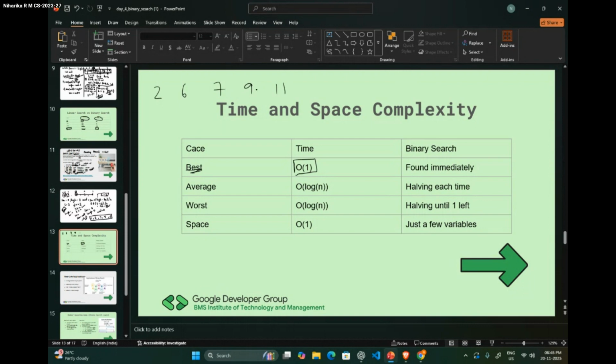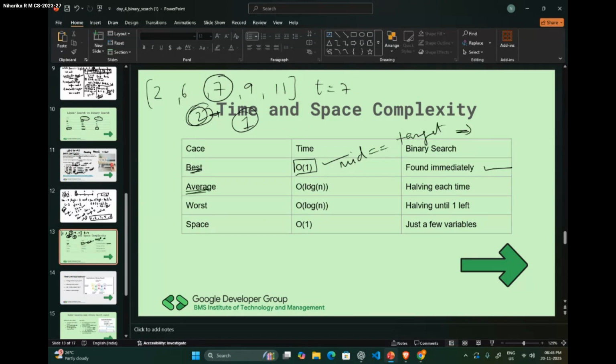If this is my input and my target is equal to 7, I first find the middle element. The element here is 7. So this is the best case scenario because we are finding the index, which is equal to 2, in one single step. So if the mid is equal to the target, it is the best case scenario.